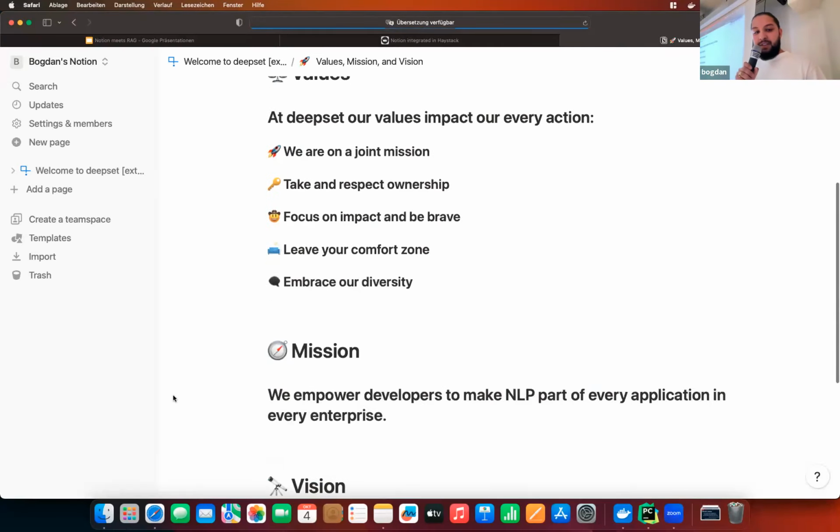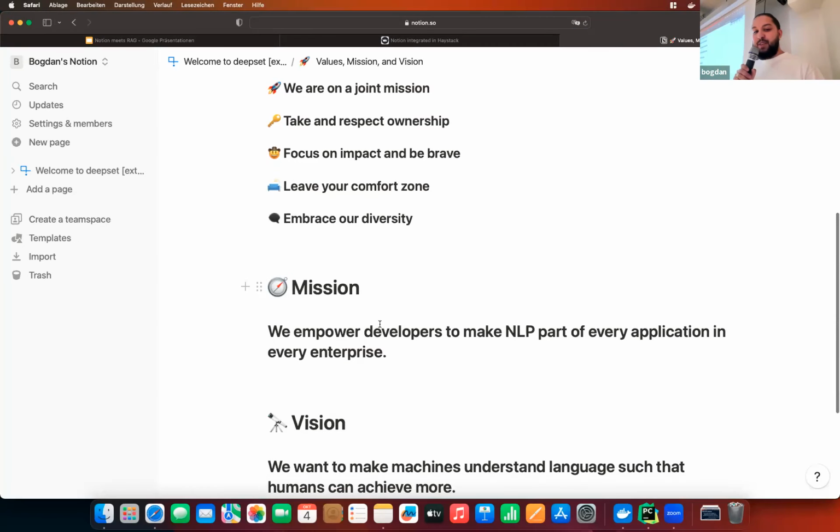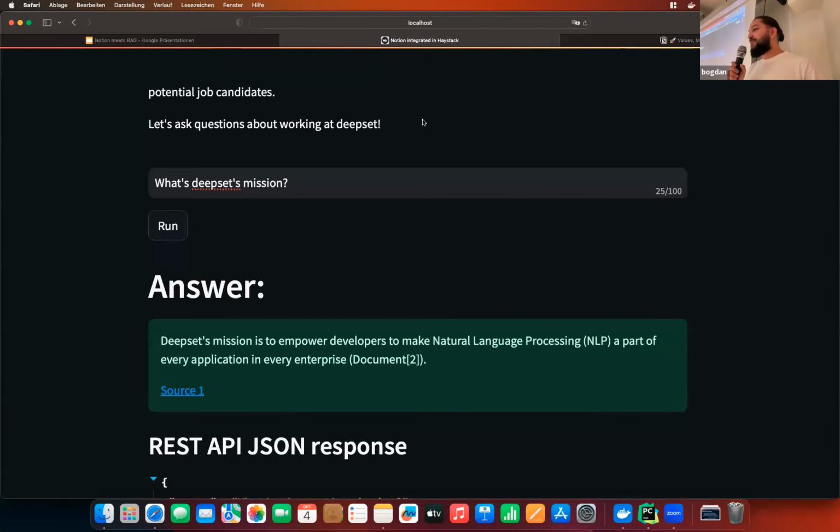If we check the source, we can see here, mission: we empower developers to make NLP part of every application in every enterprise. So that's nice.